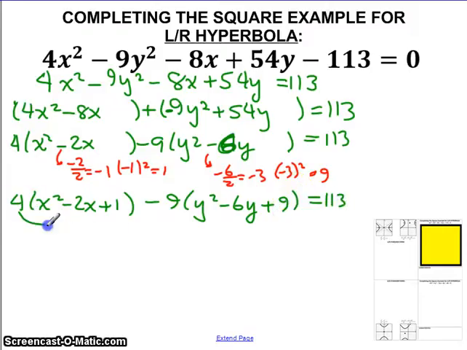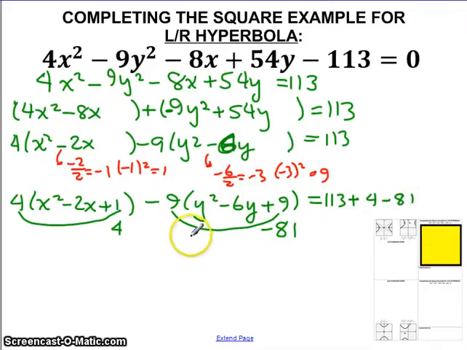Now the numbers I have to add to both sides, I've already added here 4, and here I've added negative 81 because of this minus sign right here. Okay, so this thing really counts. So this is going to give me plus 4 and minus 81 on this side. Alright, so this is going to now become 4 times x minus 1 squared minus 9 times y minus 3 squared equals